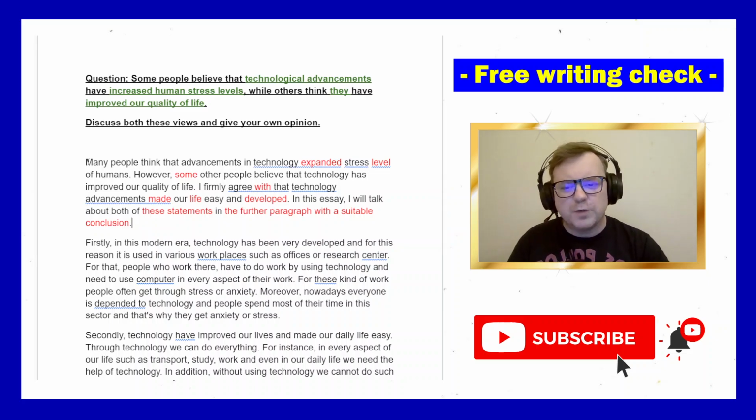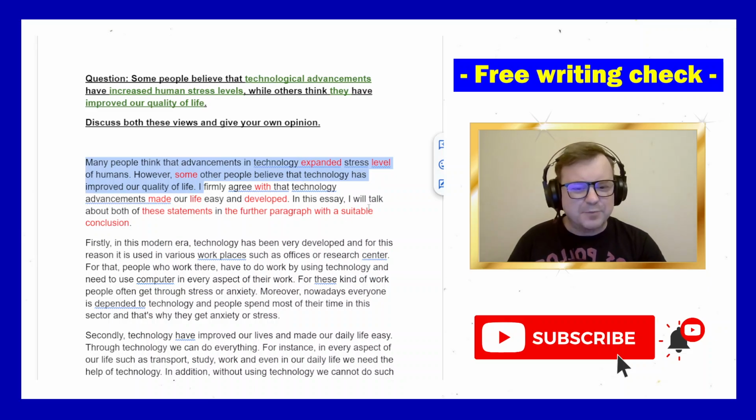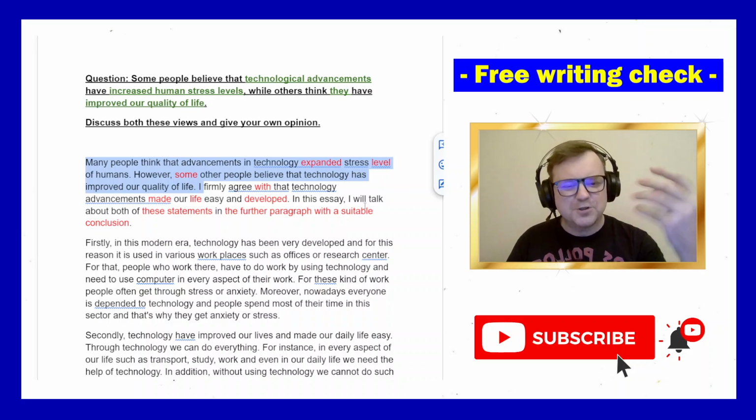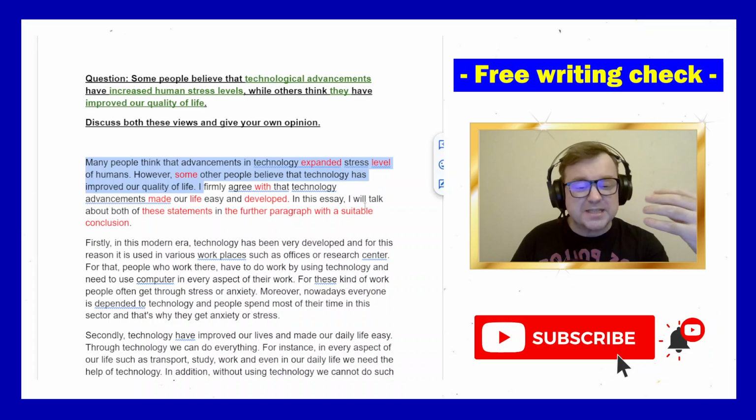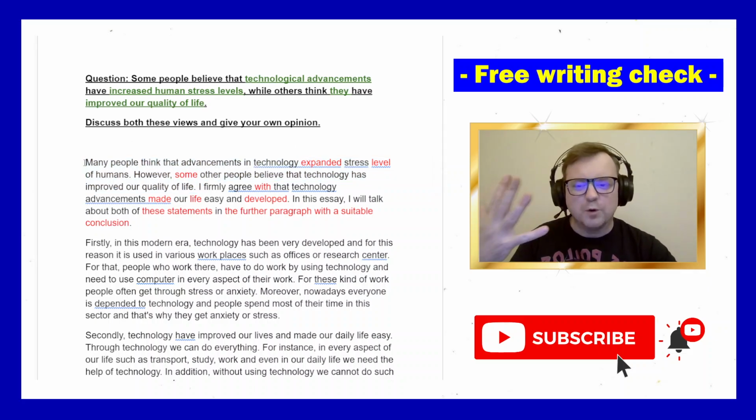But okay, so we have a background, some kind of background. We have a reference to the question. We know there are two sides. We know the candidate's position, and we have some attempt to say what's going to be in the essay. There's a mistake in every sentence. There's a mistake, I think, in every clause, maybe. But still, communicative achievement is all right. Okay, opening paragraph, that is what we want in an opening paragraph, kind of.